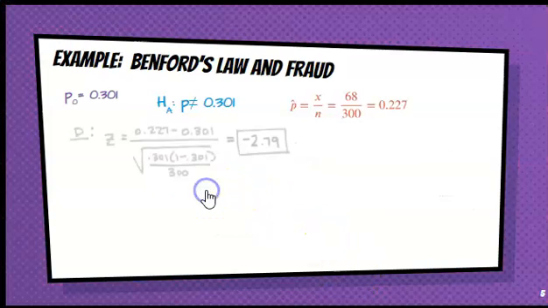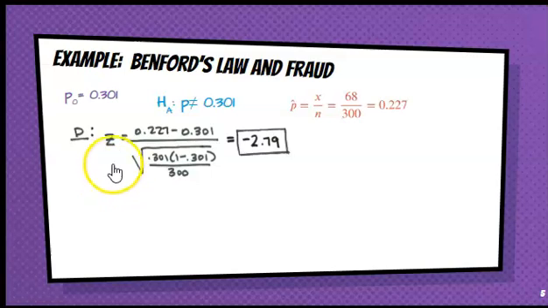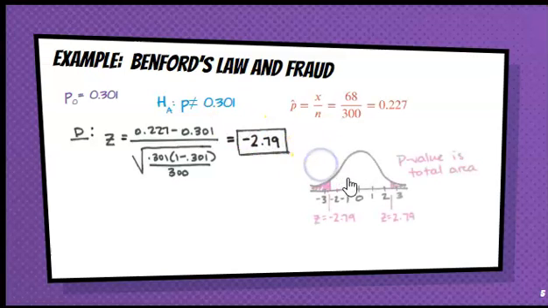All right, we're on the do step. So the first thing I need to do is calculate z. So I use my sample statistic that I got right here, subtract the null value, divided by the standard error. So I'm going to use the null value here and here, sample size here, run the numbers, and I get a negative 2.79. Now, we have a not equals to in our alternative hypothesis, which means it's a two-tailed test,